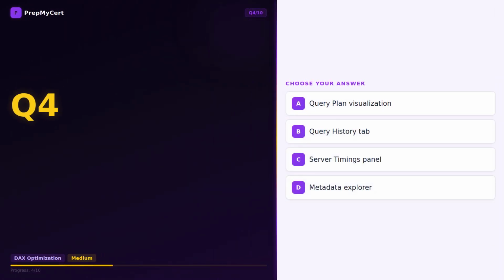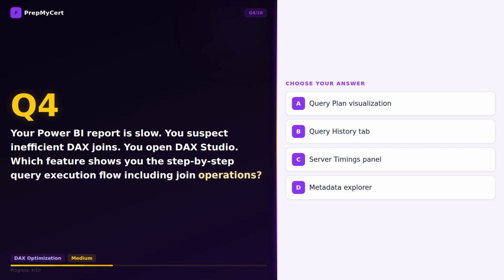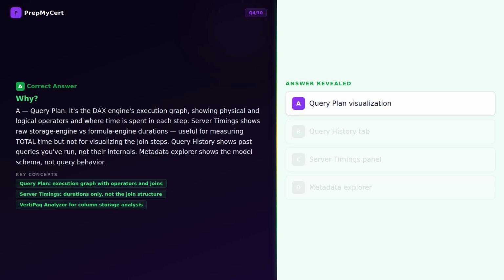DAX Studio for diagnosing slow Power BI reports. Two answers look similar. Your Power BI report is slow. You suspect inefficient DAX joins. You open DAX Studio. Which feature shows you the step-by-step query execution flow, including join operations? A query plan. It's the DAX engine's execution graph, showing physical and logical operators and where time is spent in